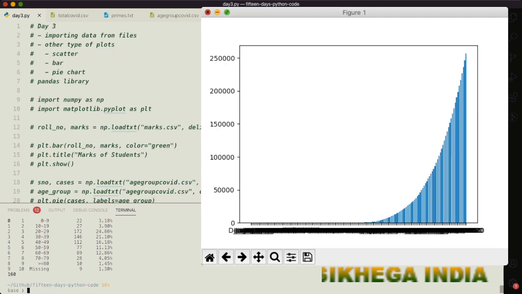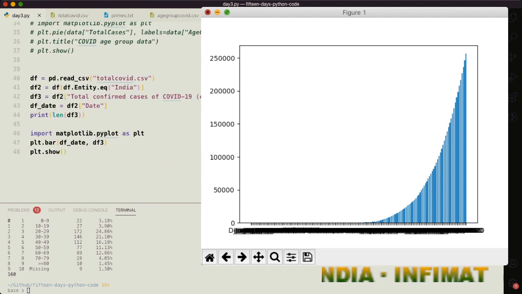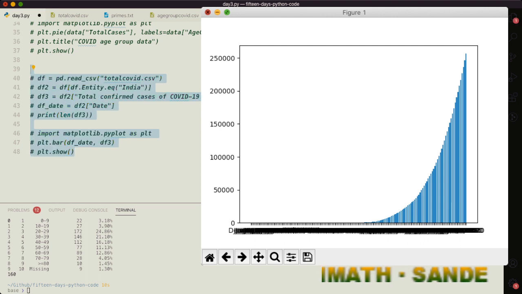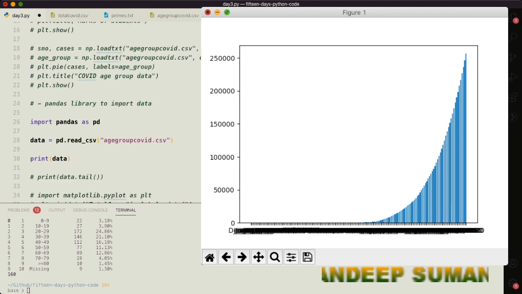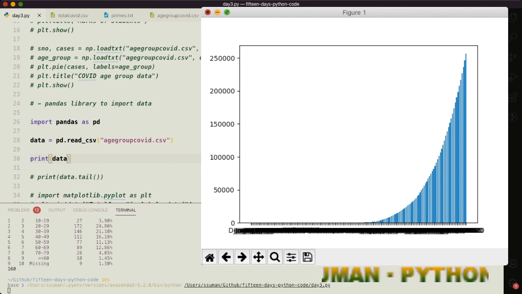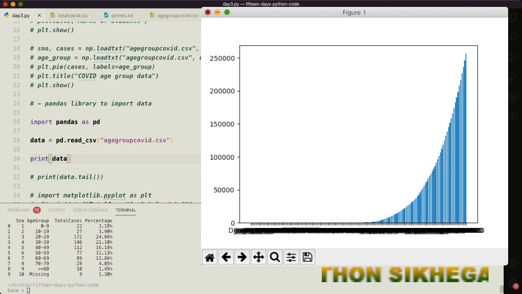I have tested a few commands before recording this video. So you can directly print the data like this, and you can see this data.